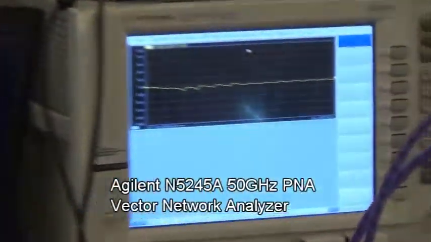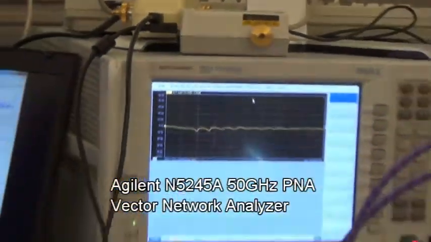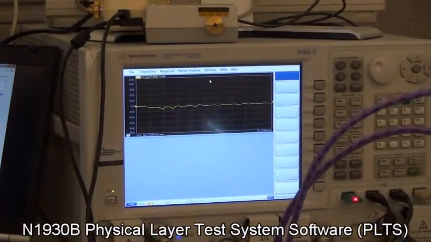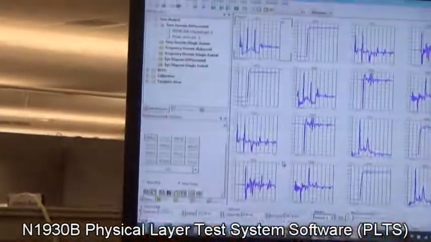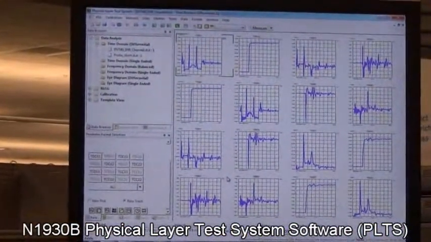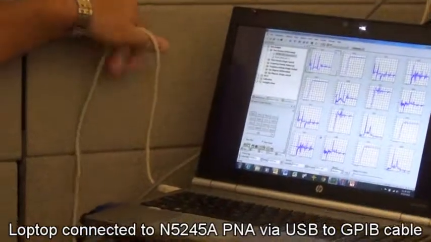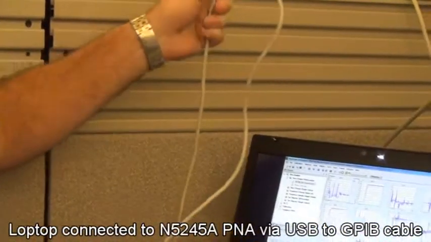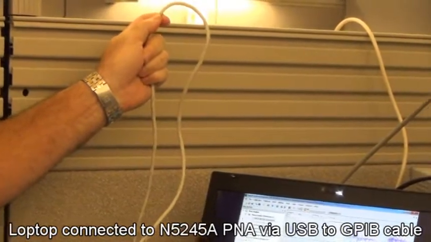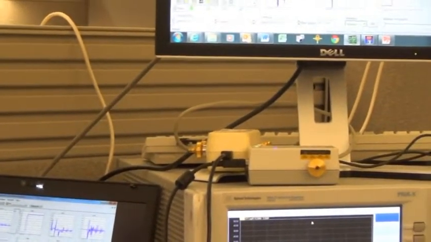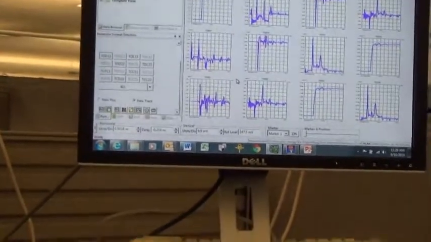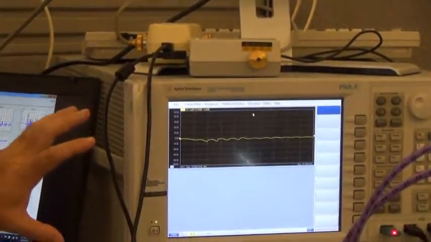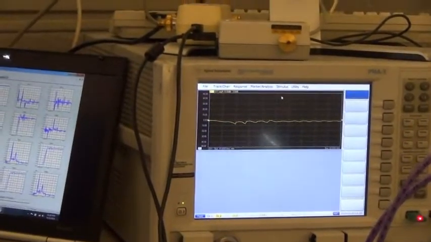Let me introduce the equipment we're going to be using for this experiment. Right now we're using an Agilent PNA, an N5245A Vector Network Analyzer up to 50 gigahertz. We're running the N5245B physical layer test system software, PLTS, on a laptop, and we're connected from the laptop to the Vector Network Analyzer with a USB to GPIB interface. Very easy connection for communications. We can control the calibration and the measurements of the VNA, and then afterwards do post-measurement analysis on the PLTS